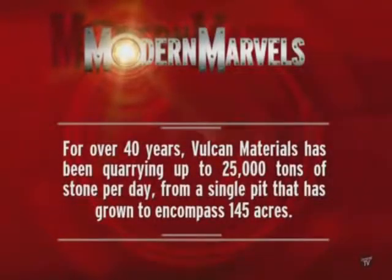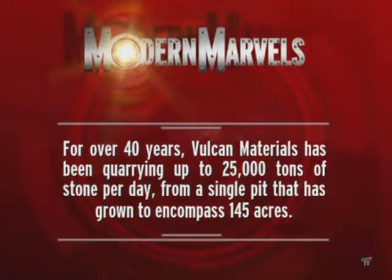For over 40 years, Vulcan Materials has been quarrying up to 25,000 tons of stone per day from a single pit that has grown to encompass 145 acres,